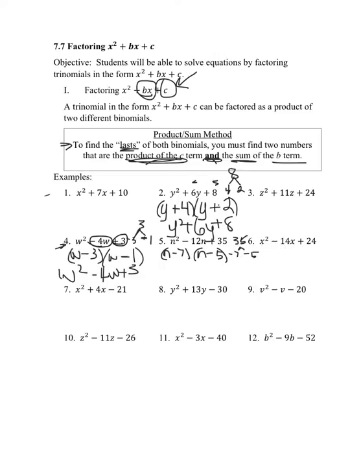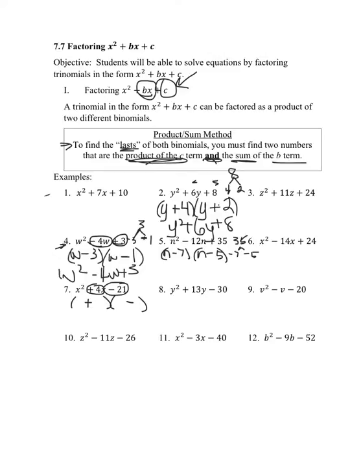So this whole last set, like 7 through 12, you'll see that one is positive, one is negative. The last term in every single one of these is a negative. So sometimes your middle term is positive. What this means is that of the binomials, one will be positive and one will be negative. These are a little more challenging to figure out. The ones up top, when it's positive, positive, or negative, negative, they're easy to figure out. But these, you have to figure out the combination that's going to give you that positive 4 and a negative